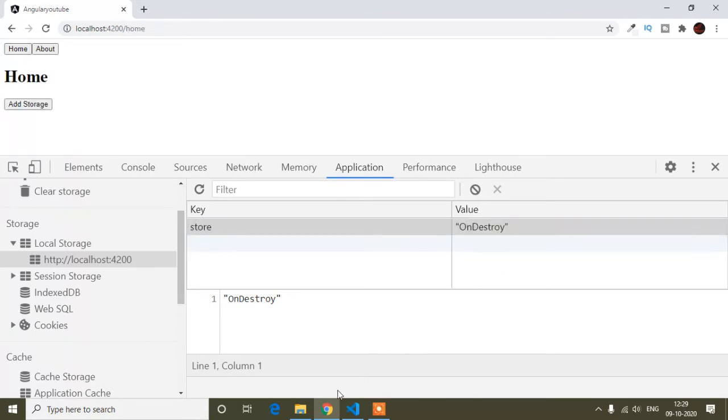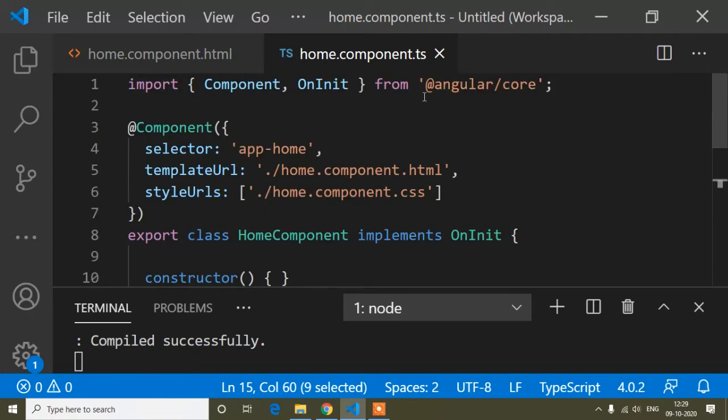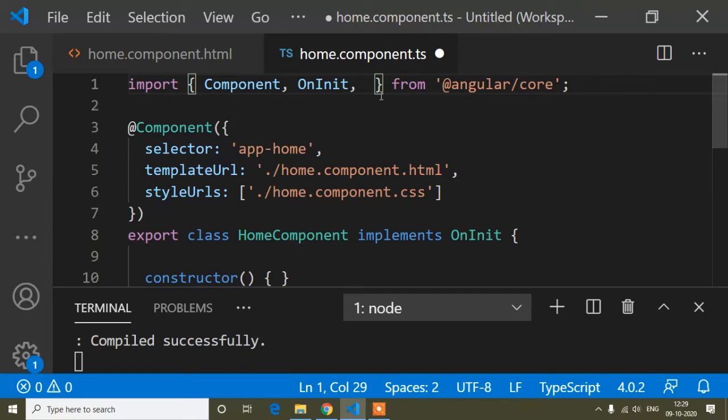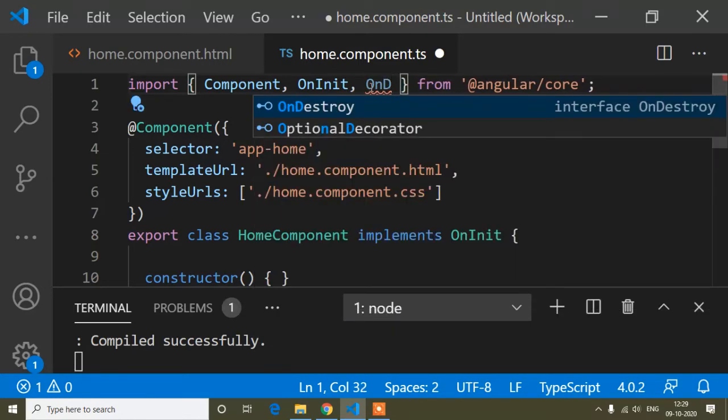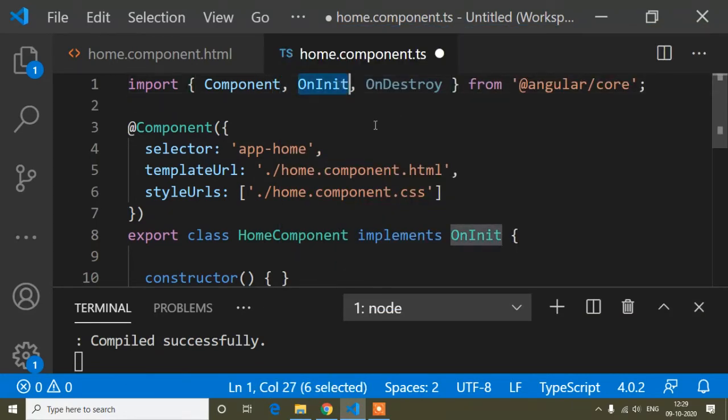But if I write the ngOnDestroy lifecycle hook, I will show you an example of it. To use the OnDestroy lifecycle hook, you have to add it in your import. The O is capital and the D is capital in OnDestroy. OnInit is also a lifecycle hook, so in the same way you have to import OnDestroy.